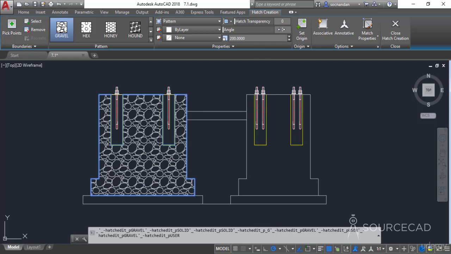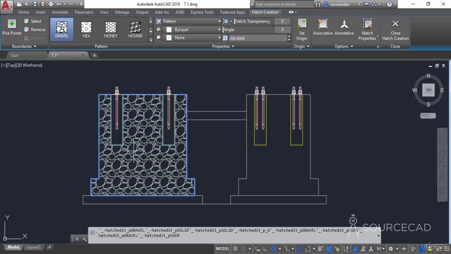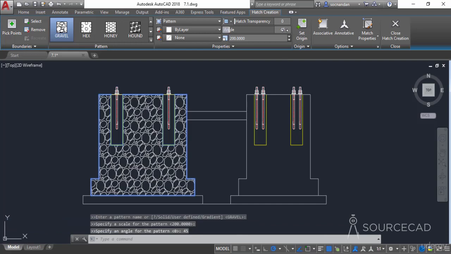Also we have an angle here which is set to 0, so you can change this value, and this angle will rotate the current pattern of your hatch. So you can change that value. For example, let's enter 45, press enter, and you can see there is a rotation in the pattern of these hatches. Although it won't be apparent or very much visible in this gravel pattern,